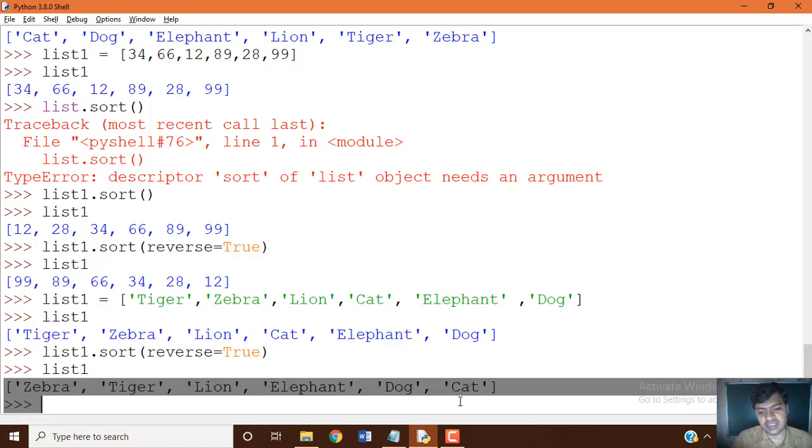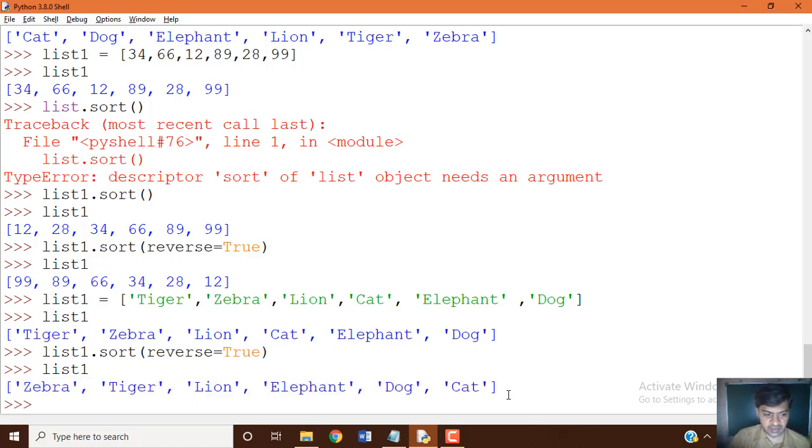When you want to sort in descending order by using the sort function, if you apply the argument reverse equal to true, then data will be sorted in descending order. By default, reverse equal to false, which means if you apply the sort function without an argument to your list variable, it will sort the data in ascending order.